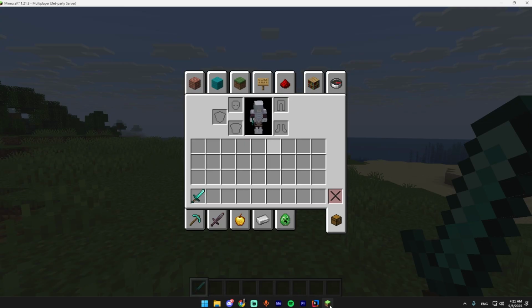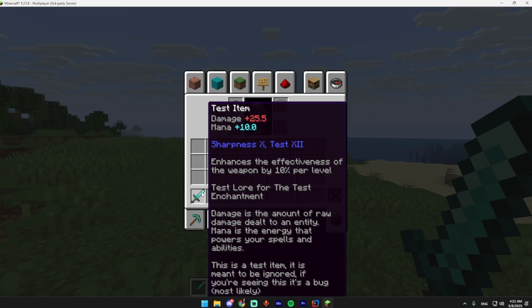Hello everyone, today we're going to be doing custom enchantments. Today's episode is going to have a little bit of a different format. First off, a part of the video is going to be animated. So if you want to skip that part, you can, and you can go to this timestamp. The animated part is going to explain what we're going to be doing and showing some code snippets in a